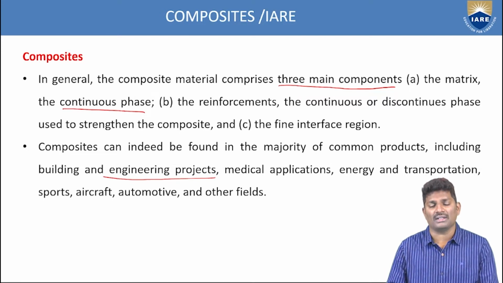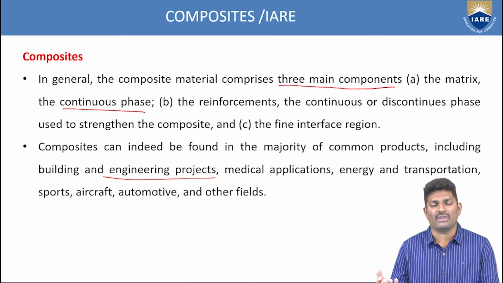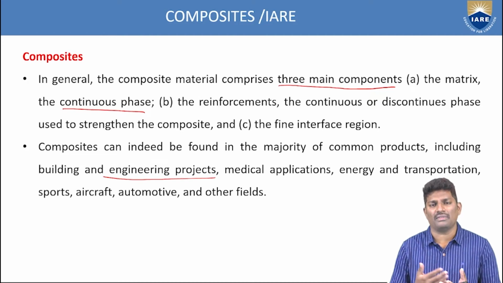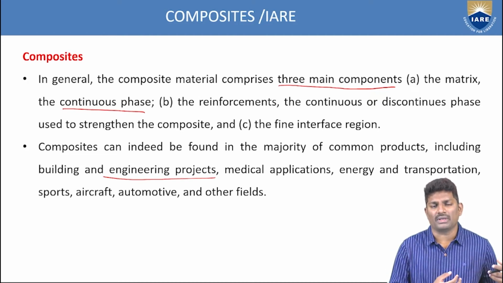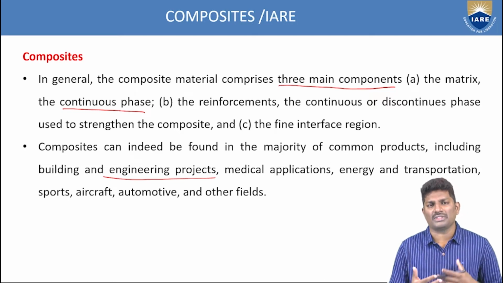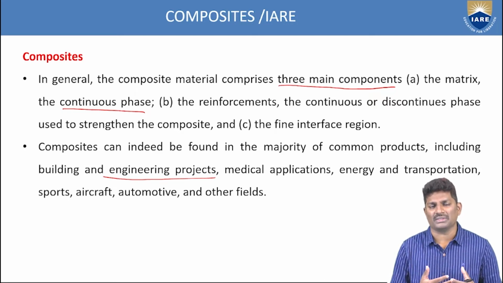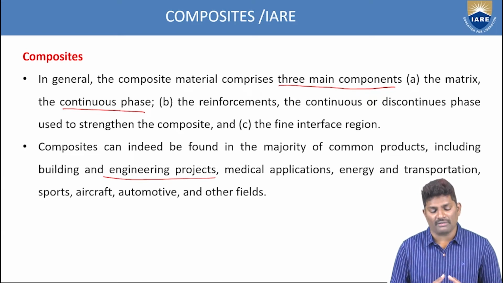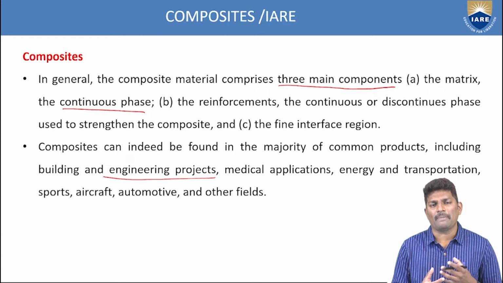And coming to energy and transportation. The energy we are generating is again not a single thing. It is a combination of different formations, such as how we convert solar energy to working energy. In transportation, even the roads we lay are different combinations we mix to lay down the roads. And in aircraft and automotives, if you manufacture an automotive body with a single material, it does not resist different applications of forces. So it should be a reinforcement.